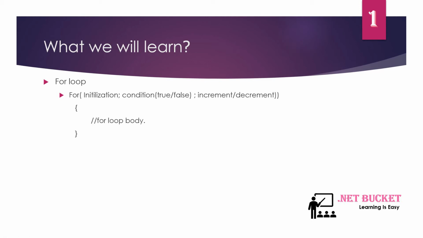I'll discuss functions and methods in my future video sessions, but for simplicity's sake, simply understand that you have to initialize your variable here, put the condition in this statement, and then put some increment or decrement, which will be controlling your condition. That statement will be lying here. And this will be the body of the loop, which gets executed whenever this condition becomes true.